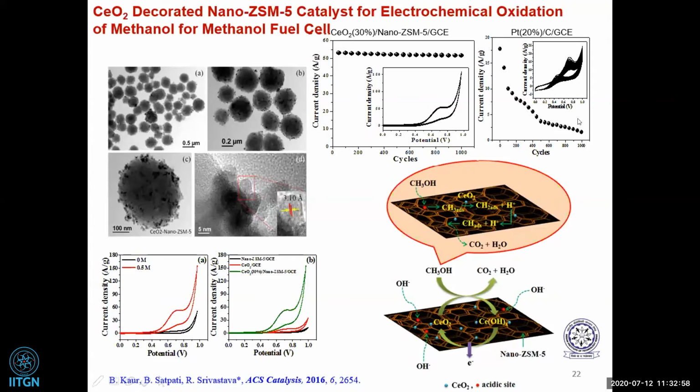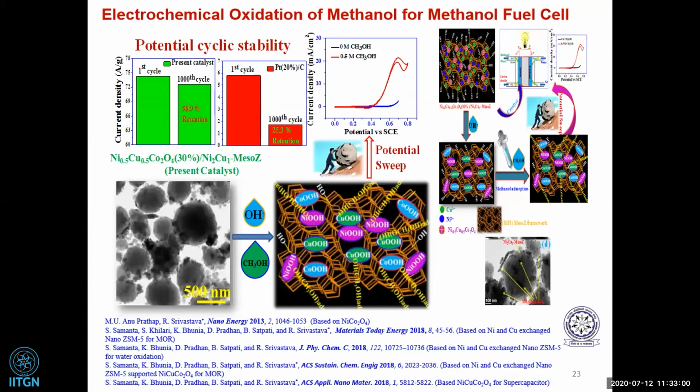Another work which we have done: we know that nickel cobaltite, NiCo2O4, is very good for methanol oxidation, which we reported long back in 2013. But what we observed is that nickel and copper are both good for the catalysis. So first we ion exchanged nickel and copper in a suitable ratio so that it can be good for methanol oxidation. We found that when we have 2 equivalents of nickel and 1 equivalent of copper, it is very good for the